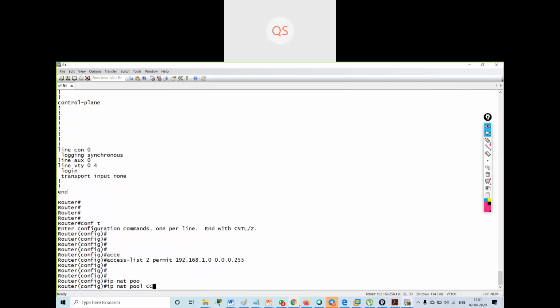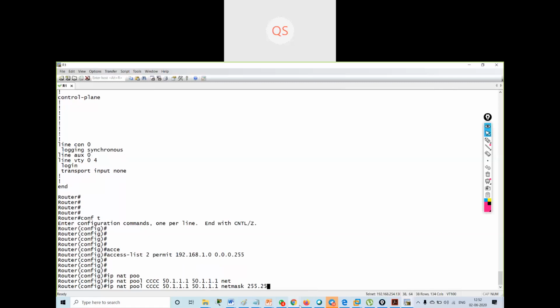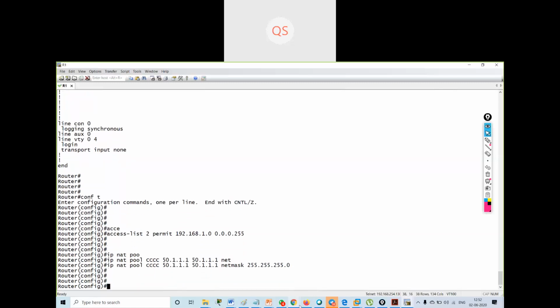Pool name will be CCNP. Start IP address will be 50.1.1.1 and end IP address will be also the same. If I want to configure PAT, I have to give the start IP and end IP the same. The netmask will be 255.255.255.0.